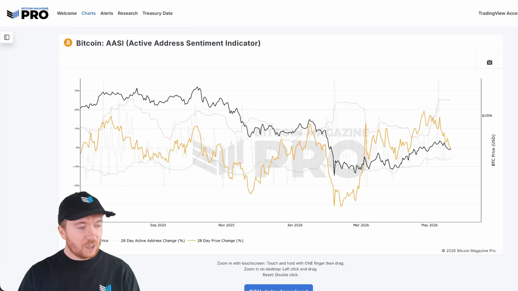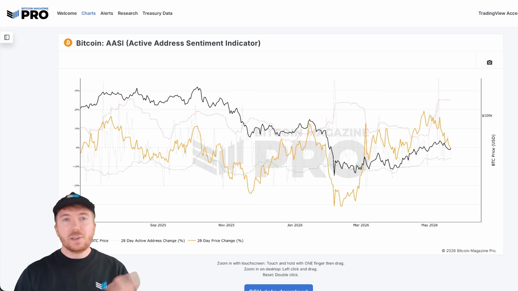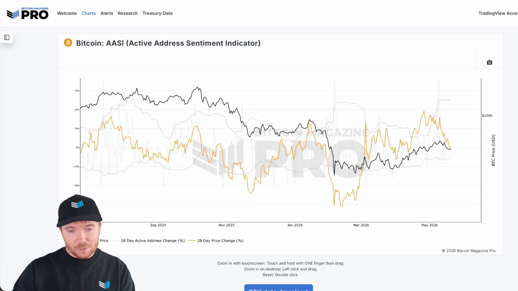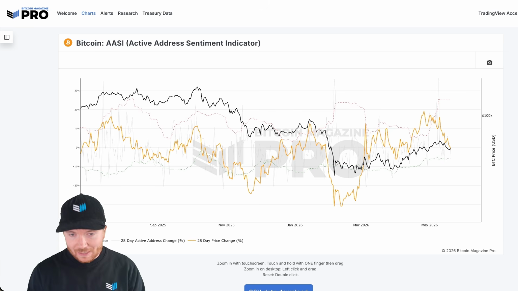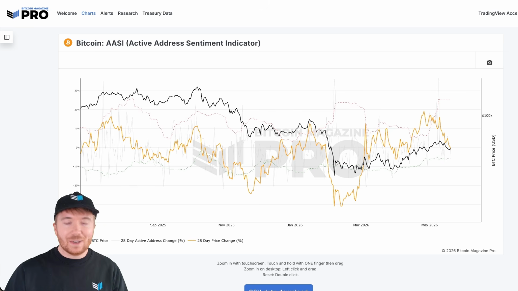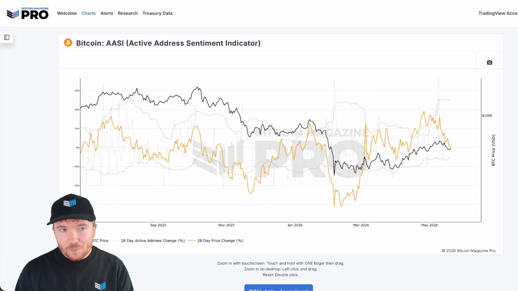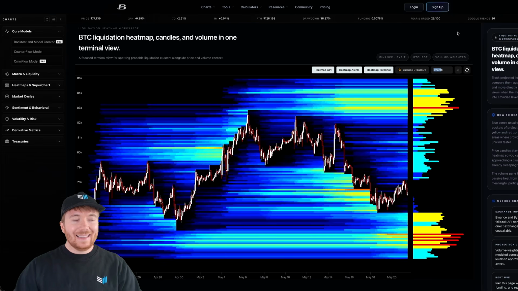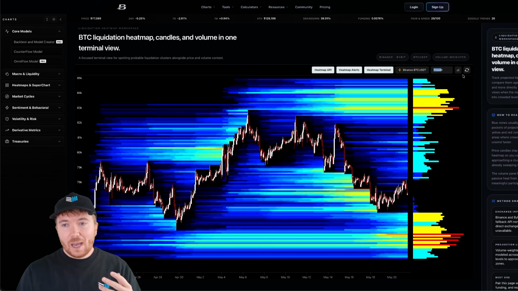If we just go back over here onto the site, what we're actually going to do is look at derivatives markets through a slightly different lens, because if we look at something like open interest and funding rates, which we'll cover in a minute, we can get insights into the positions people are taking. But what we can actually do, and granted we don't provide this data on BM Pro, is look at liquidation levels. What we can see is almost a heat map to see at what price a majority of traders would be liquidated.